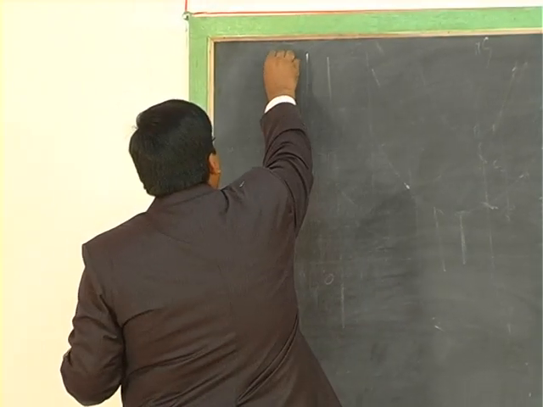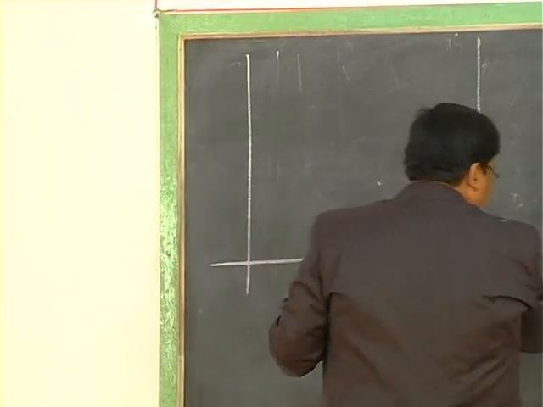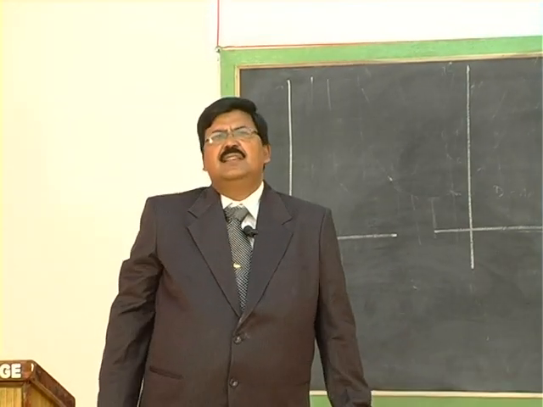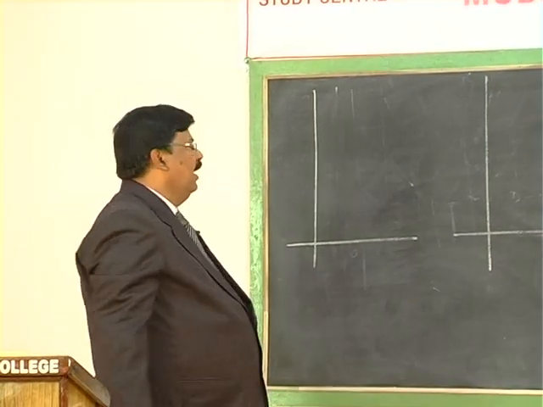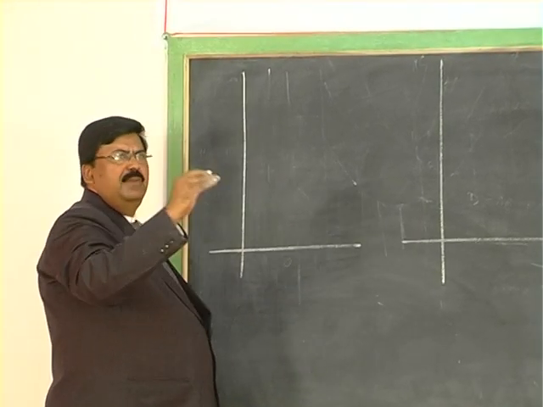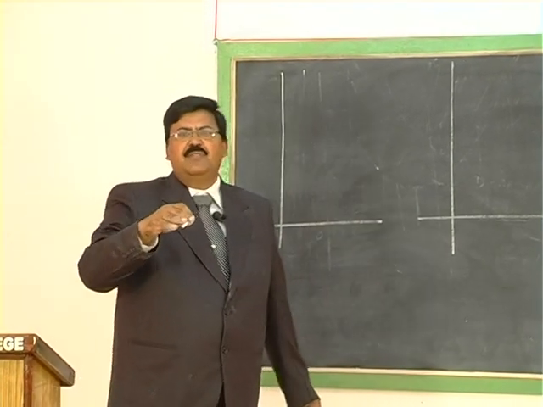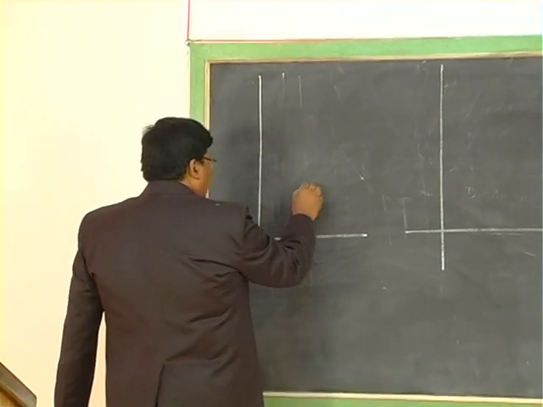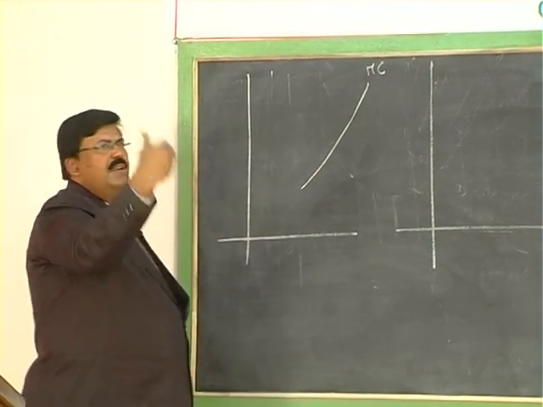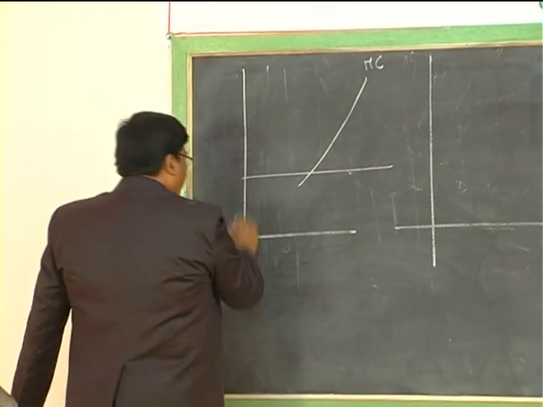Let us show the equilibrium of firm and industry. Before that, let us derive the supply curve of a firm. We have seen that for rates of output beyond minimum AVC, production takes place, and if a price is less than minimum AVC, production will not take place. So suppose you take the MC, this is the rising portion of MC over and above minimum AVC. Suppose this is price OP1.